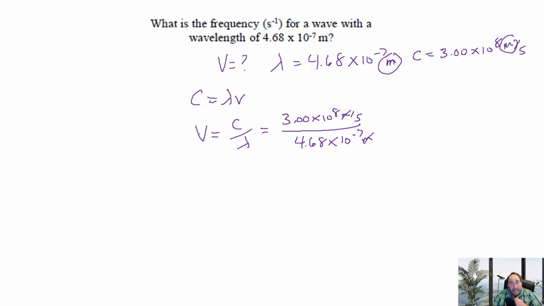Let's find a calculator. I suppose that would be helpful to have one. So let's go with 3 to the 8. Make sure you use your exponent button. So 3 exponent button 8 divided by 4.68 exponent button negative button and 7. And that's going to give us a frequency here of